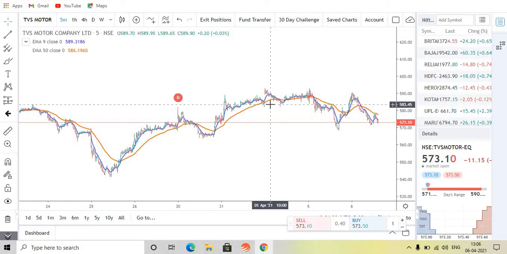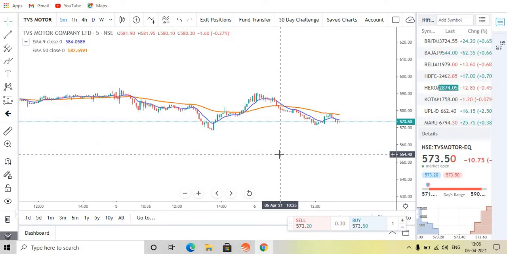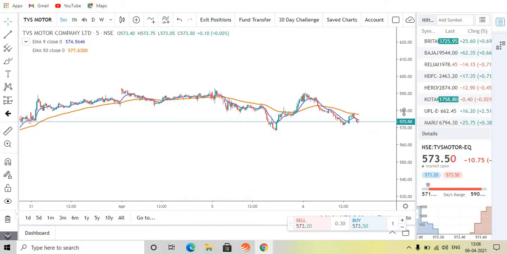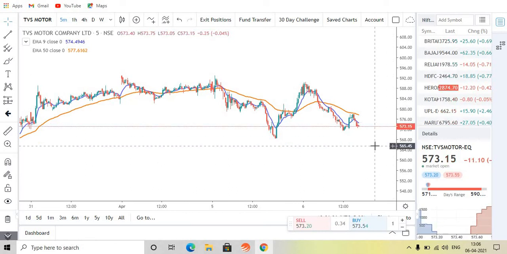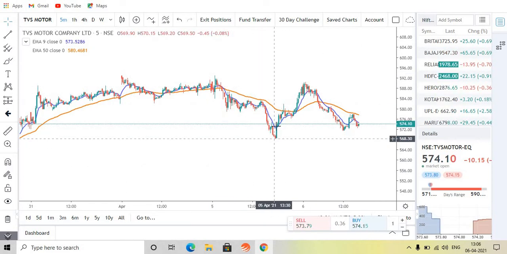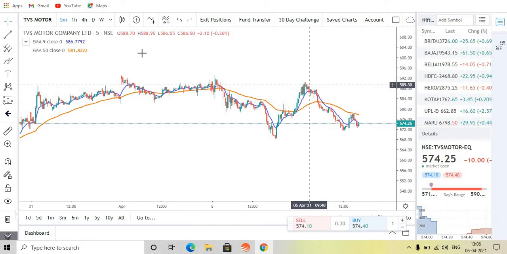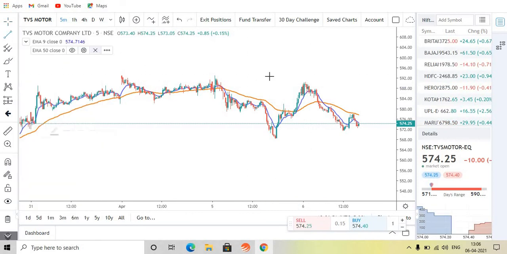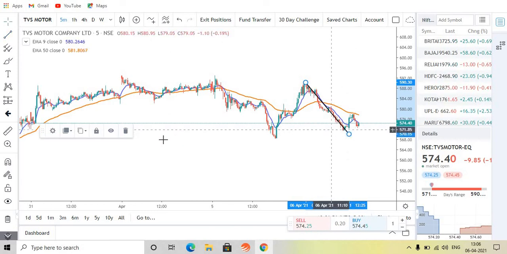Okay, so I have added one indicator. That's how we use the indicator in order to enter and exit. That's why I said you need to rely on your vehicle's headlight in order to do the trading, not only on the street light. If you have relied only on this particular indicator, if you had entered a buy signal once the blue line crossed the red line, then you would have entered in a loss because the market fell down from there to here, right? So that is what I refer to.